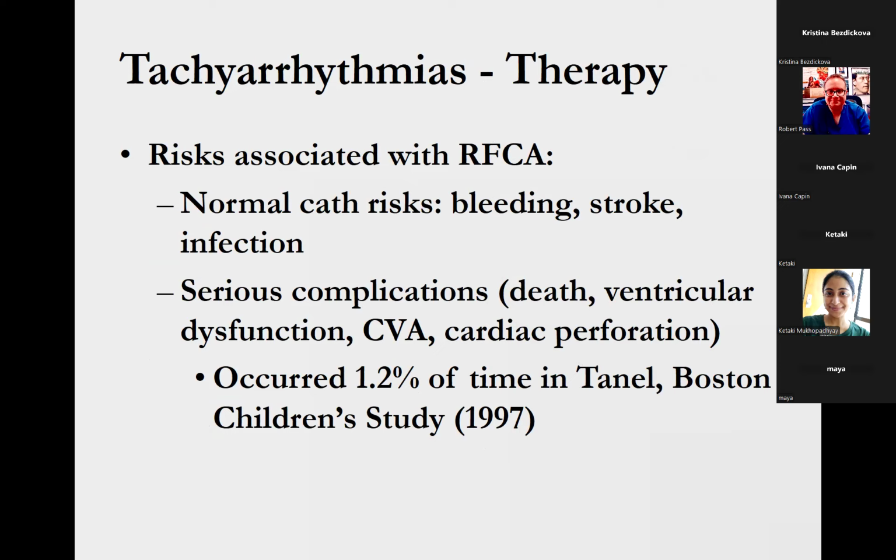And in the Boston study that I just showed you with those very fine outcomes, there was still a little more than a 1% incidence of serious complication. I think in the present era, now 25 years later, the incidence of serious complication is probably less than 1%, but it isn't a lot less than 1%. And that makes sense, right? Because anytime you're putting 5 central venous lines in, putting in 5 catheters, heating cardiac tissue to 70 degrees centigrade, it just sort of stands to reason that somebody's going to have a complication once in a while, unfortunately.